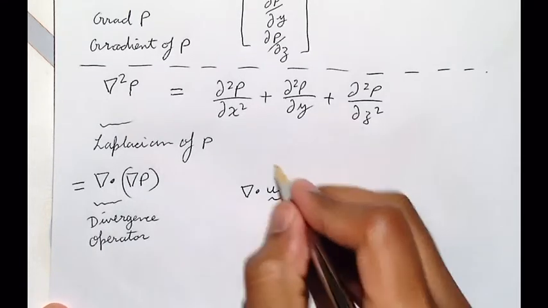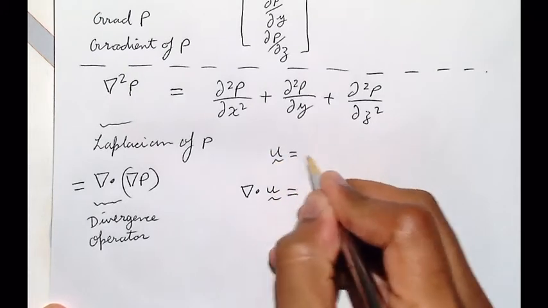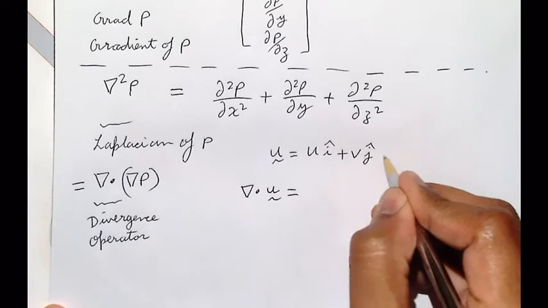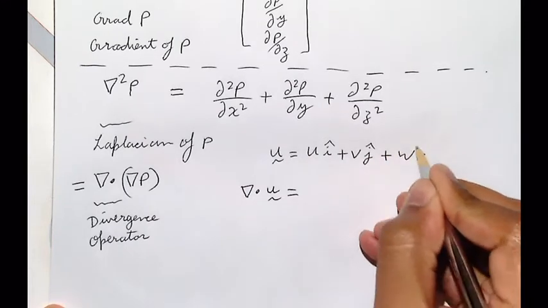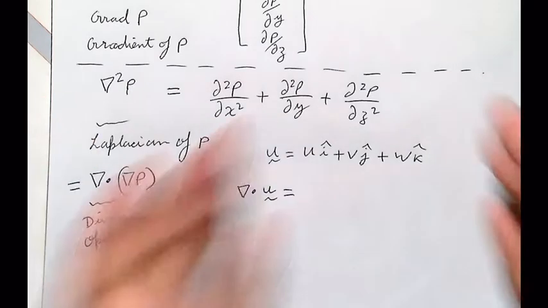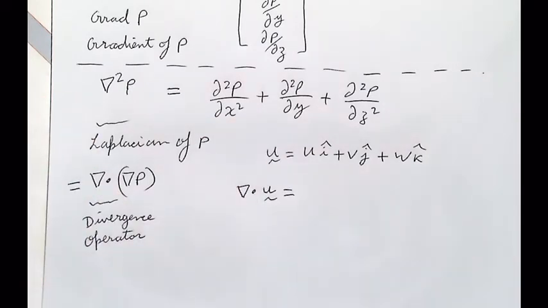Let's say U is Ui plus Vj plus Wk. So U is the x, y, and z components of velocity all combined into one vector U. Okay? Nabla dot U is equal to